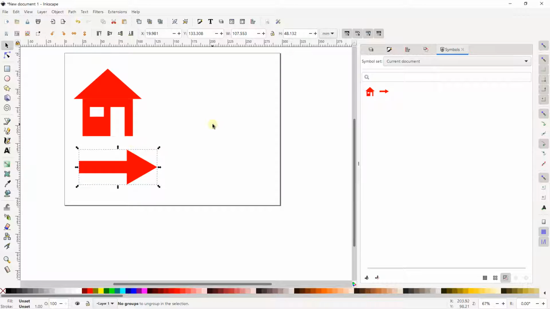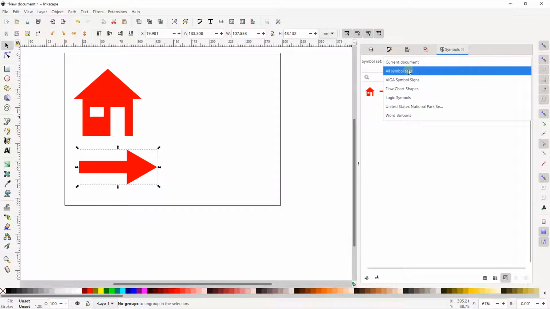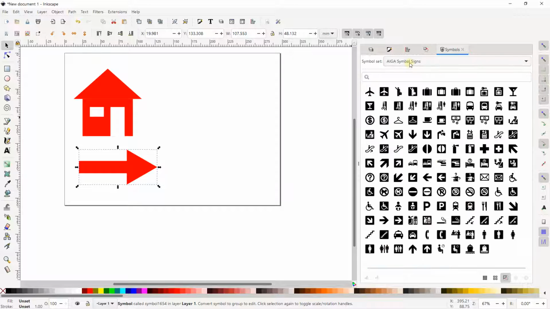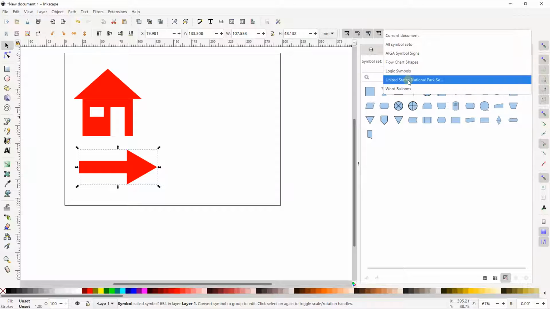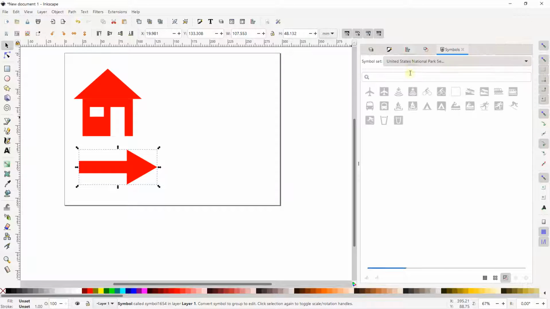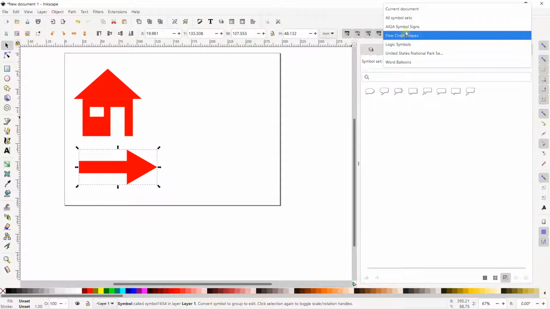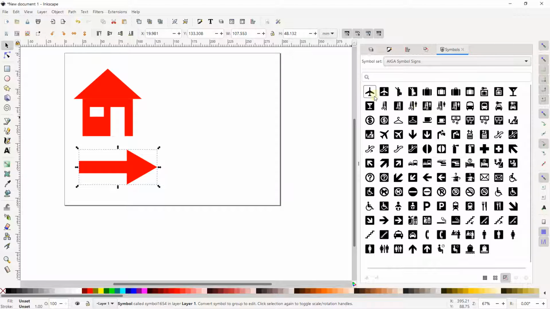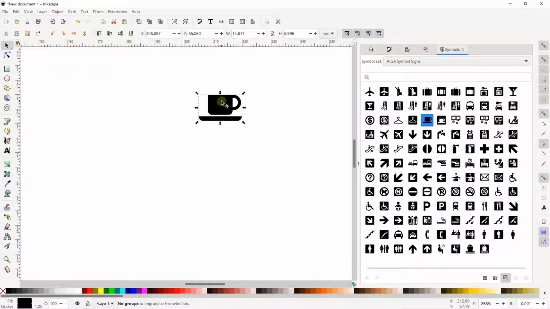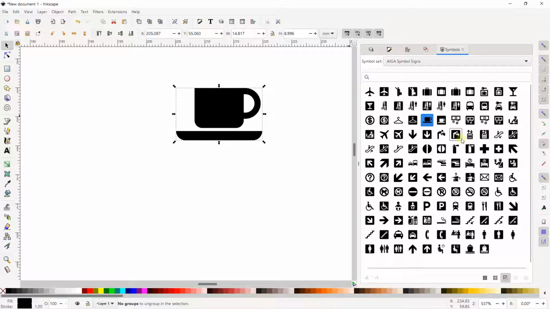But you also have a library of symbols. You go on the right and you have all these possibilities, like this, like this, or again like this. Why is it useful? Because for logo design you can have different possibilities. If you want, for example, this type of symbol for a logo, you can just left click and drag and move. If you want a cup of coffee, you can left click and directly use a cup of coffee for your logo design. So this is why it can be interesting.